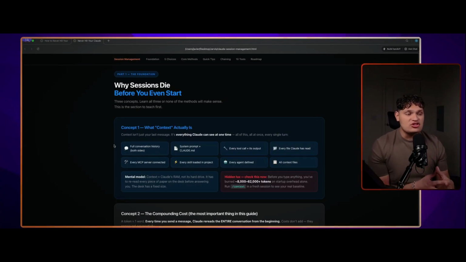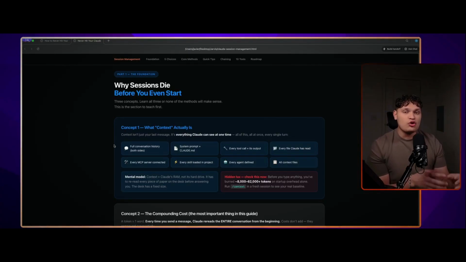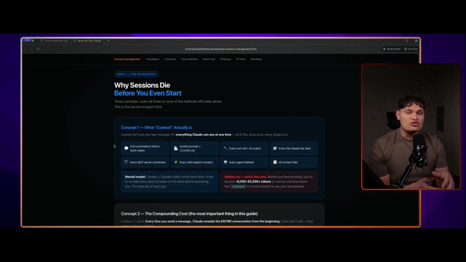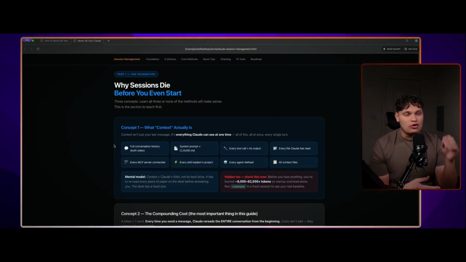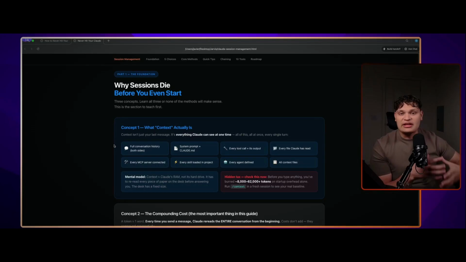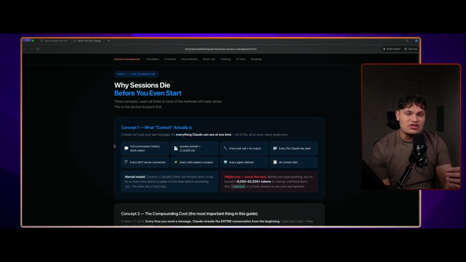Now, the best way to see this, go ahead and do /context. It's going to give you everything it pulls before we even start. Doing this, you can start organizing what you need and what you don't need. Go ahead and take out whatever you don't need and you're not really using. That's also going to give you more tokens just by doing this one single hack.